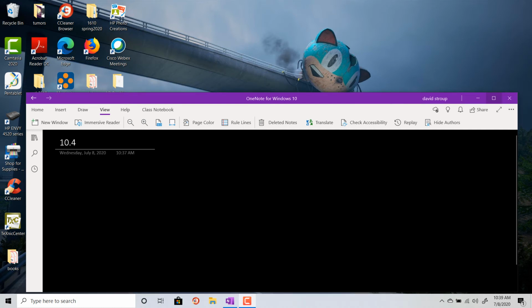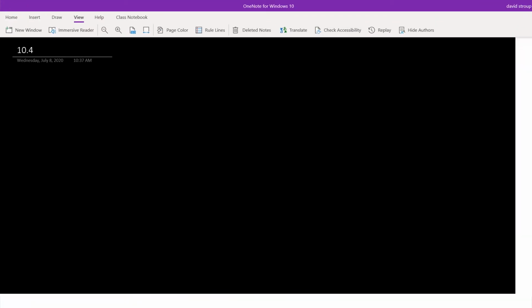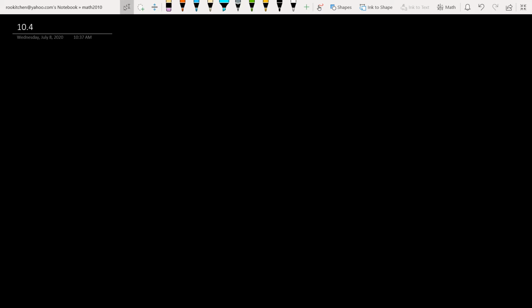Hello, welcome back. This is more stuff on graph theory. In particular, we're going to start looking at trees. So let's take a look. So 10.4,